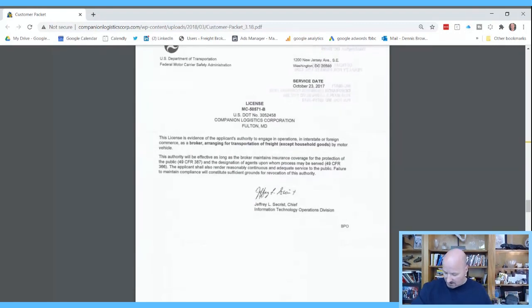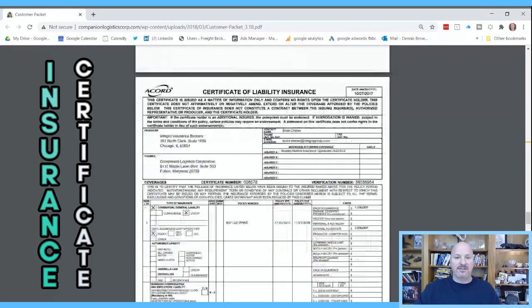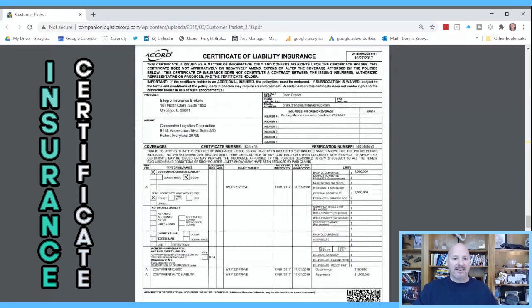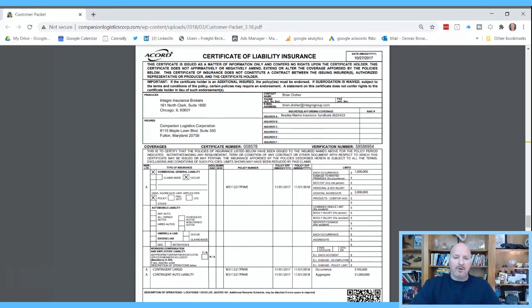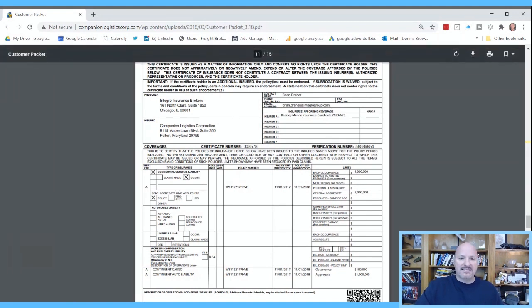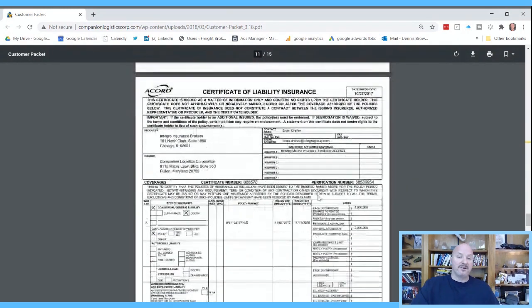The next thing we're going to include in the pack is an insurance certificate. So this is a certificate of liability insurance. Typically most brokers are going to have general liability. Some shippers are actually going to require it. It's not a must legally, but in most cases when you're doing business with another business, they're going to want to have some form of general liability policy. You can get this from a local broker, but this is a certificate of liability or certificate of insurance for